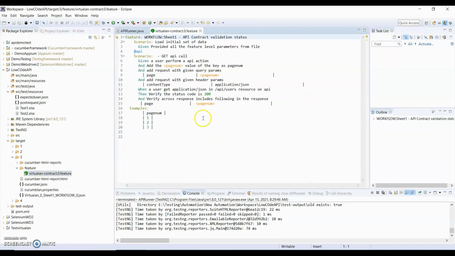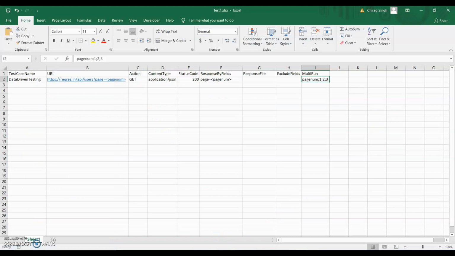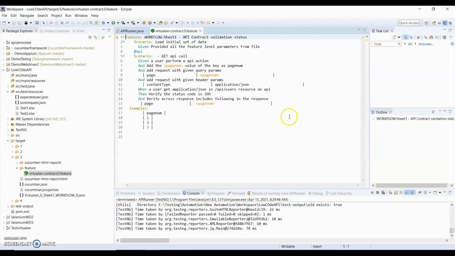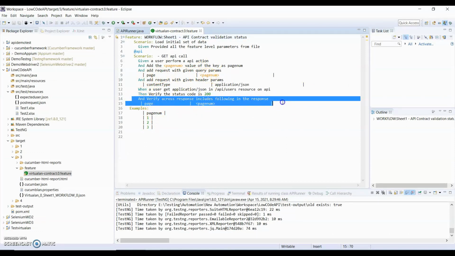Let me open this, and this is the feature file which we have generated. You can see the examples. In Cucumber we can do data-driven testing through examples. You can see 1, 2, 3, I have passed three values. This 1, 2, 3 is the page number, and it passes the page number here, and it also validates here.